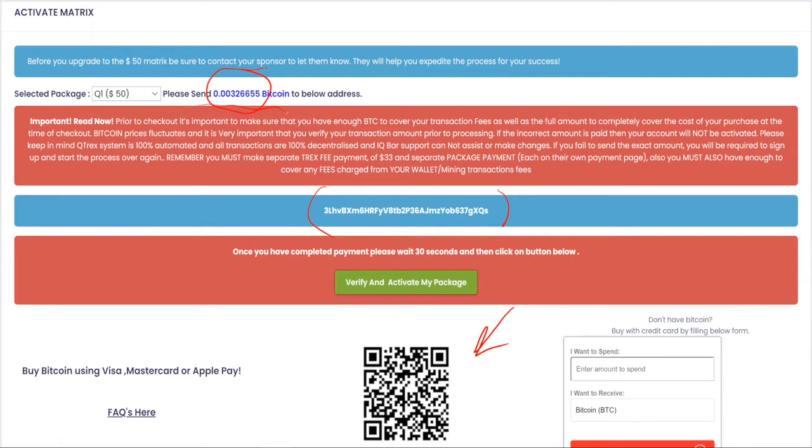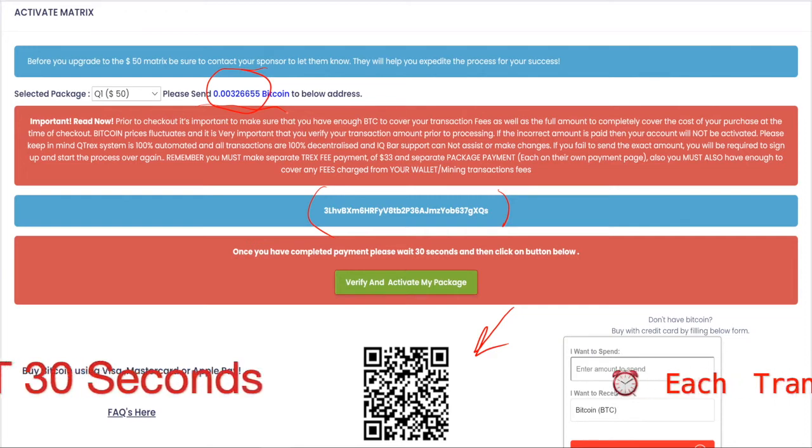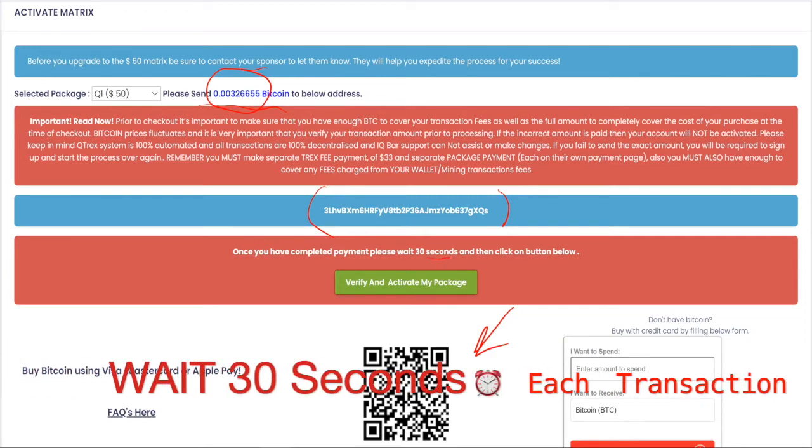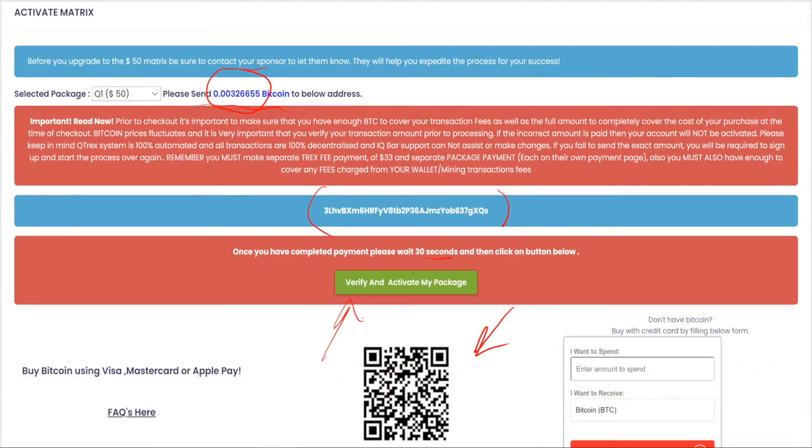And so we go ahead and send that. We send the payment. We're going to look at how to send payments in a minute as well. But what you want to do is, after 30 seconds, we're going to click this green button, verify and activate my package. And that's on every level. After 30 seconds of you sending in the payment from your wallet or from someone else's wallet, you click